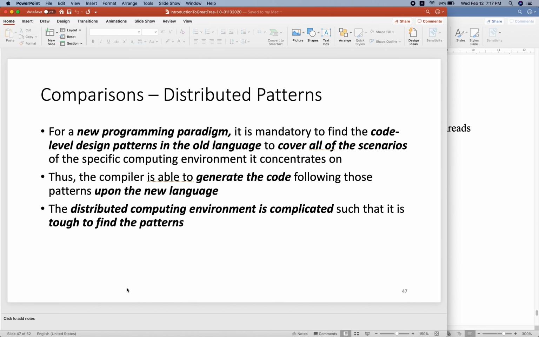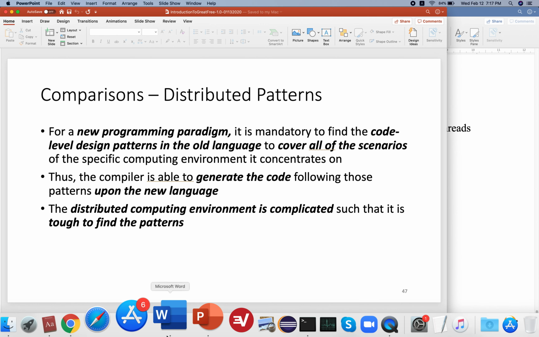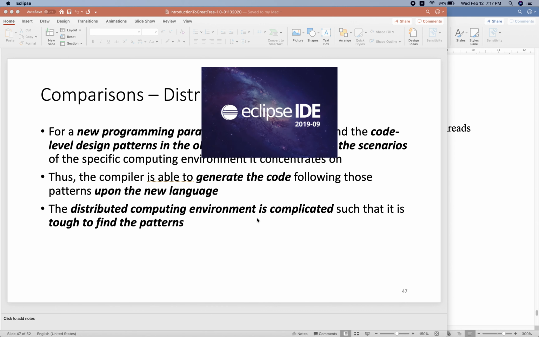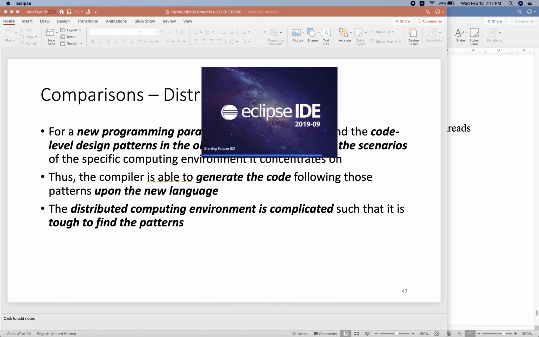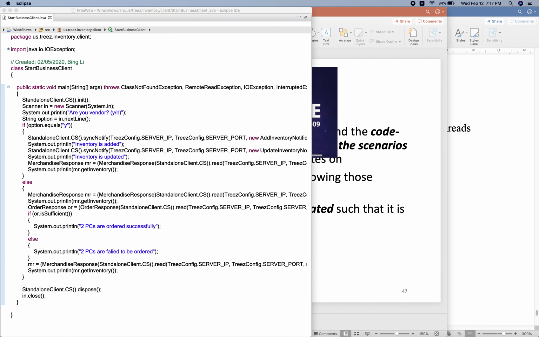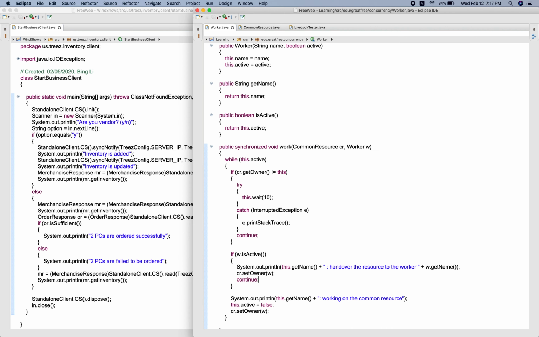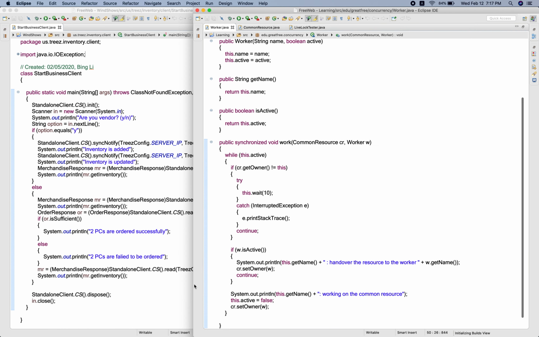So I will show you code later. Code is very, very important, right? So in the future classes, you can see here, this is my platform. I program with an IDE. In the future classes, I will show you how to program with my programming model.